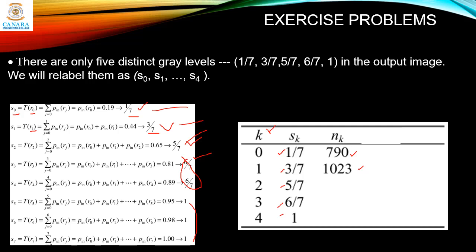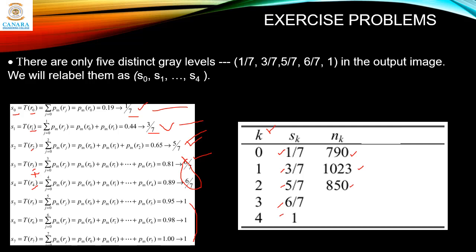Third is 5 by 7. 5 by 7 takes the value from R2. R2 value, if you recall, is 850. So just put the R2 value, whichever was there in the problem, you write it here. Next one is 6 by 7 level, and 6 by 7 level maps to R3 plus R4. So you need to add up the pixel values mentioned for R3 and R4 and write it here.